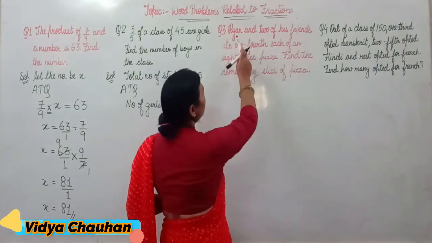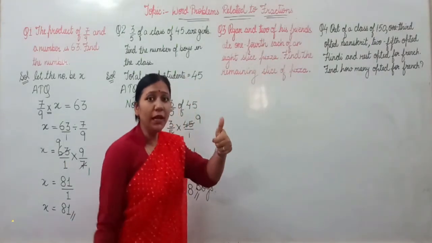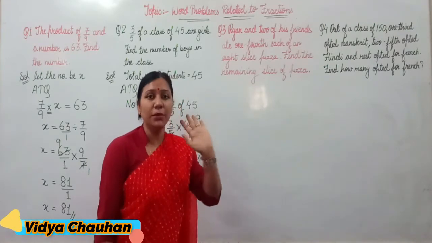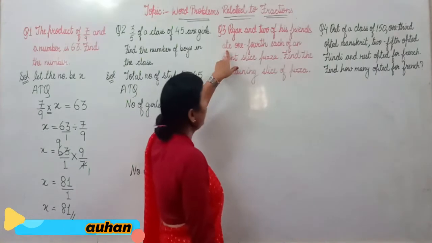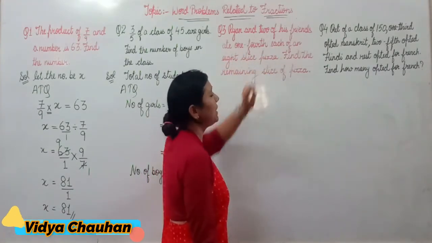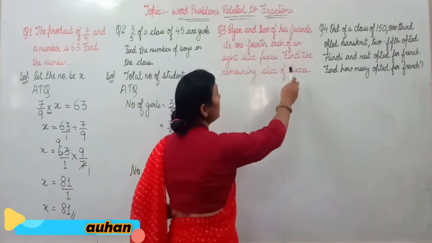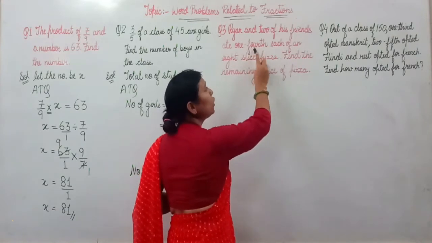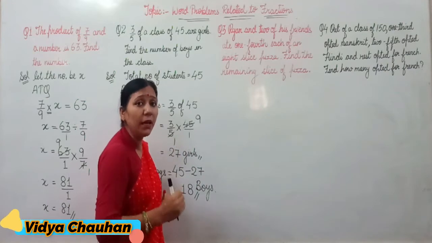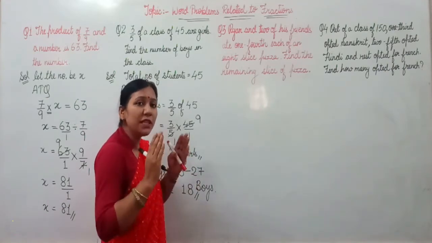In the third question, Rayan and two of his friends. So Rayan is sitting along with two more friends of his. That means a total of 3 persons are sitting. They ate 1/4 each of an 8-slice pizza. They have all taken an 8-slice pizza. After that, they have eaten 1/4 of it. So each one of them has eaten up 1/4 of the total amount of pizza, which is an 8-slice pizza.